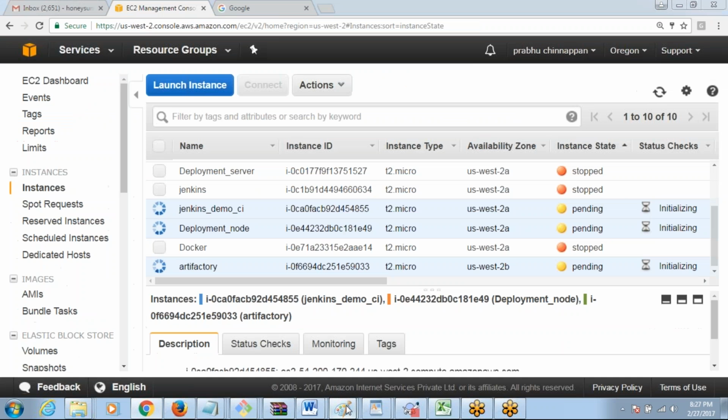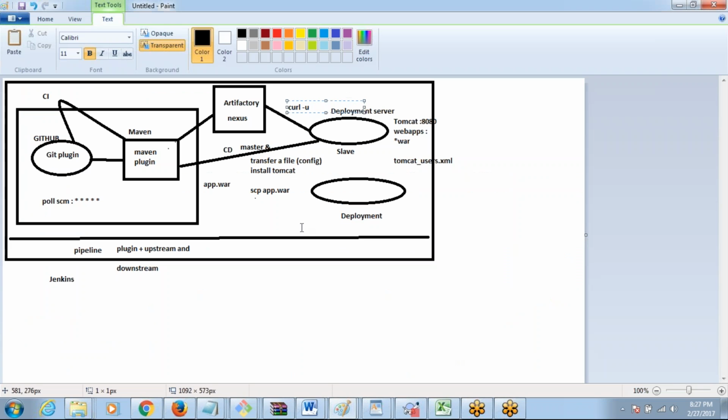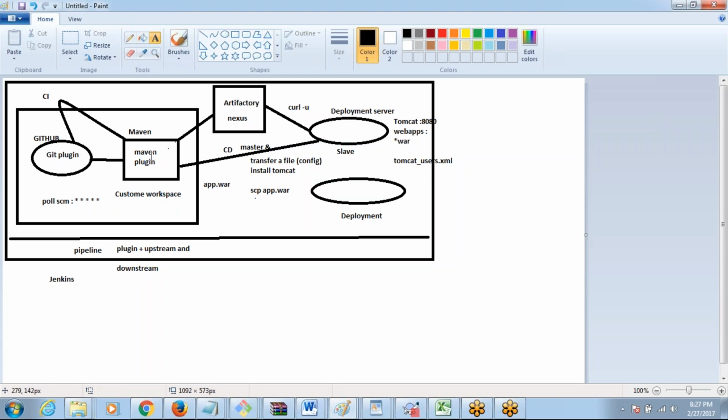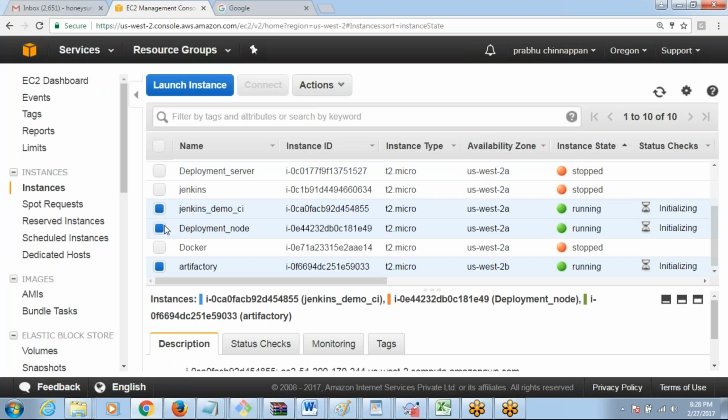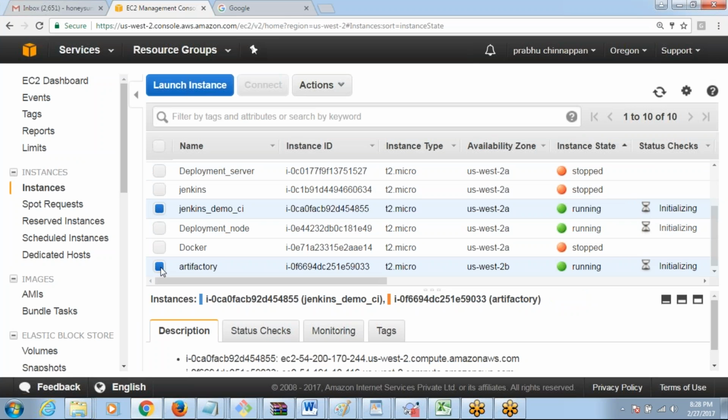And one more thing you need to mention is the custom workspace also. Everything needs to be done with the custom workspace. So you are going to use a single workspace for doing everything, so that you can propagate within the job easily. So the custom workspace you can use. What I am going to do here is